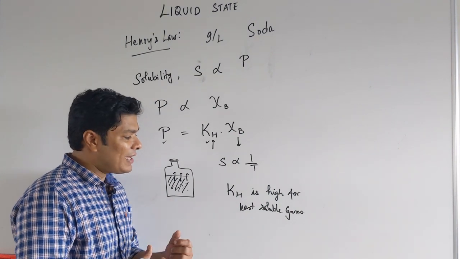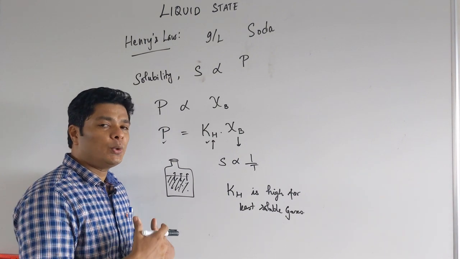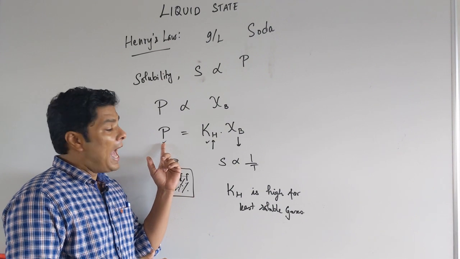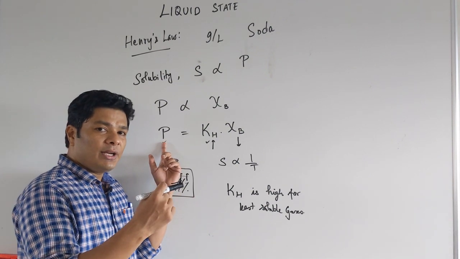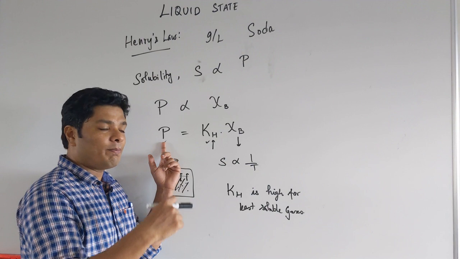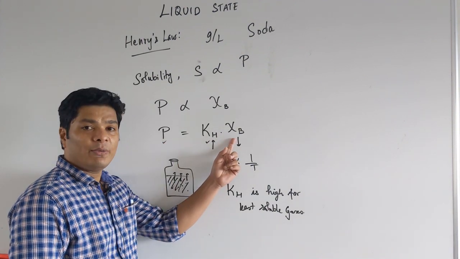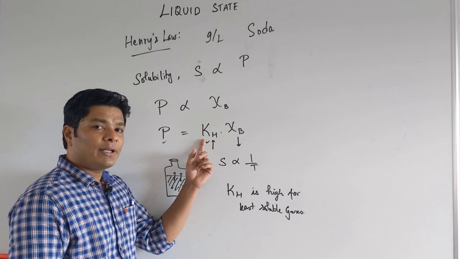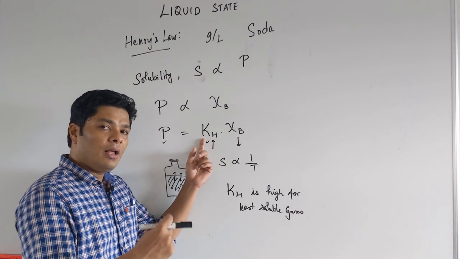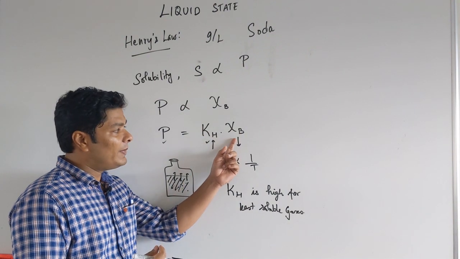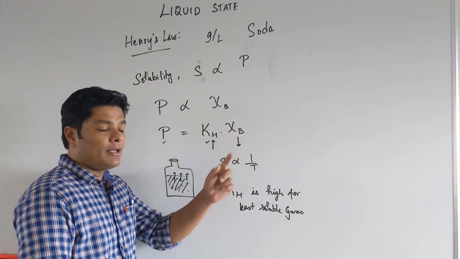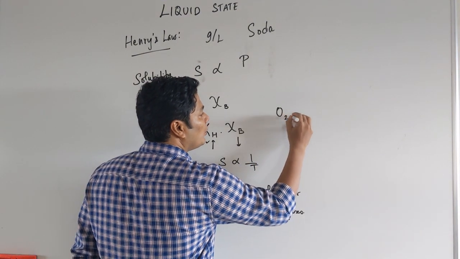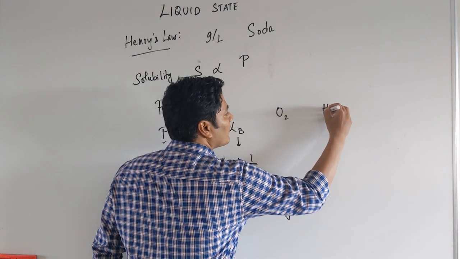Now, for example, if you are a scuba diver, you dive into the ocean. As you keep going, the pressure increases. As pressure increases, the solubility of gases in your bloodstream will increase. What about your Henry's law? For example, if I choose my Henry's law constant to be very, very high, then my chi b will be low, correct? So, let us say for example, I have two gases, let us say O2 and helium.